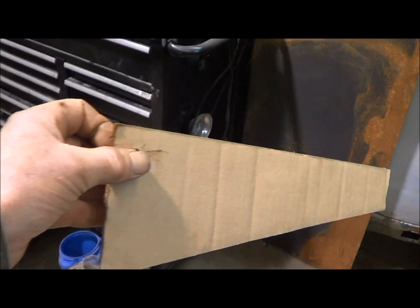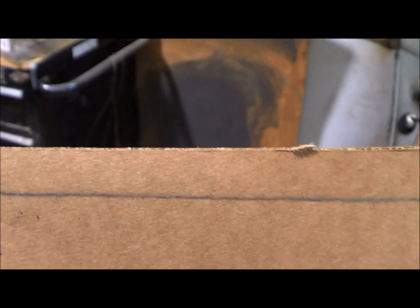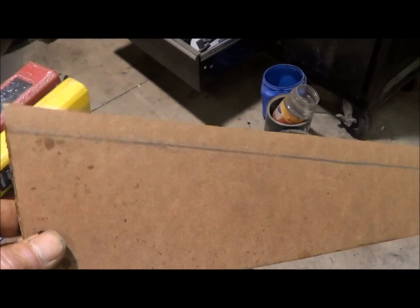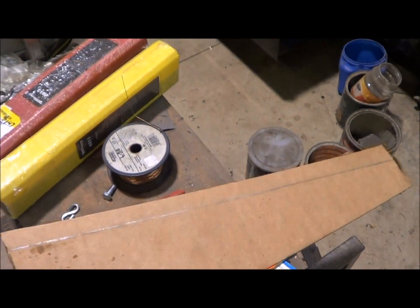What I've done here is I made a profile, in cardboard, of the piece I need, basically, and then I left my little extra there for the flap on the side of these mounts. This is the profile, the bottom section of that thing, and I need 4 of them, one for each jack mount. Originally they're like 20 gauge, I think, but I'm going to go with this